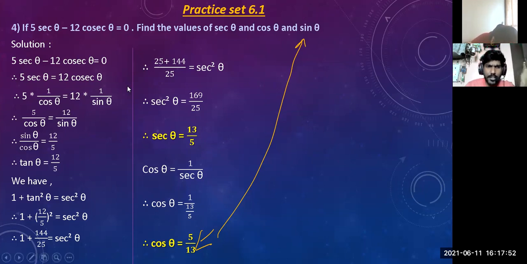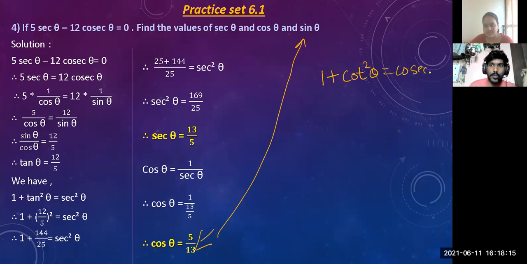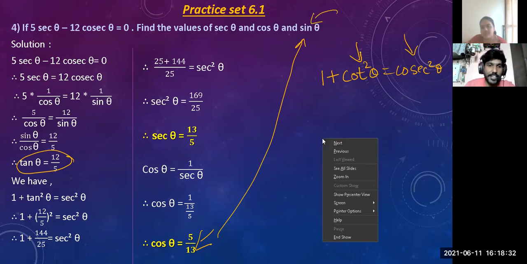If you have any other way, tell me that also. We'll see if it works. I was just asking whether we could find cosec, and then sine is a reciprocal of cosec. But I don't know how we will find cosec. But we have one identity: 1 plus cot square theta is equal to cosec square theta. Cot theta we can find out by taking reciprocal of tan, and we'll get cosec here. And then from cosec, take the reciprocal. But that's lengthy, so it's better you use the first identity.